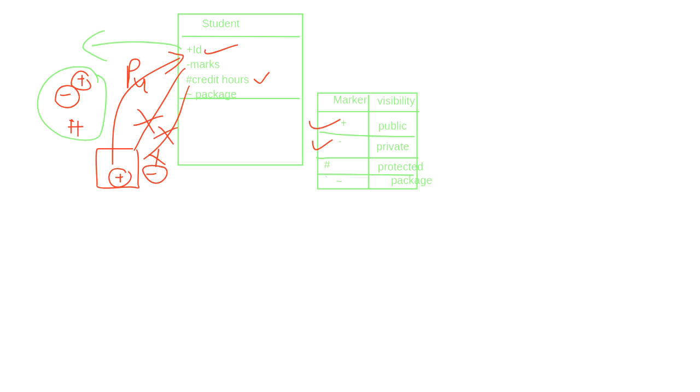Then the question arises, what is the difference between private and protected? Private means it is part of the class. For example, marks means the student has marks. That's why it is called private, and nobody can see these marks, only the student can see his marks. Protected means the information which this class will get through inheritance.